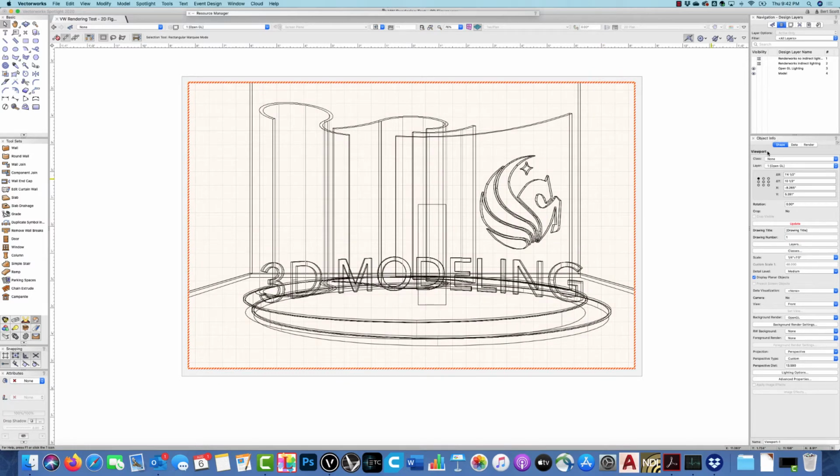Object info will become active and let you know that this is a viewport, and there will be a red button here that says update. Viewports have to be updated whenever a change is made in the document, in this case opening the document with the change. So if you just click update here and give it a moment or two,